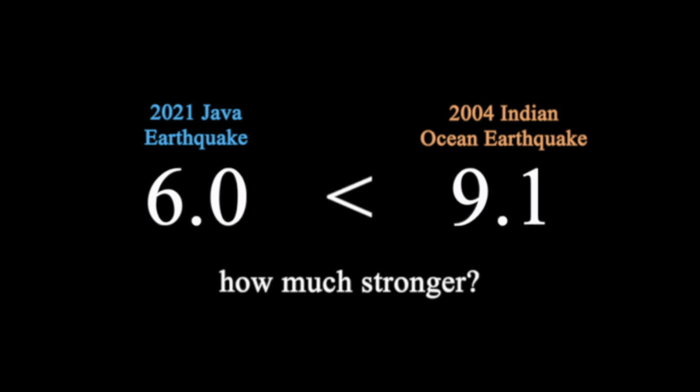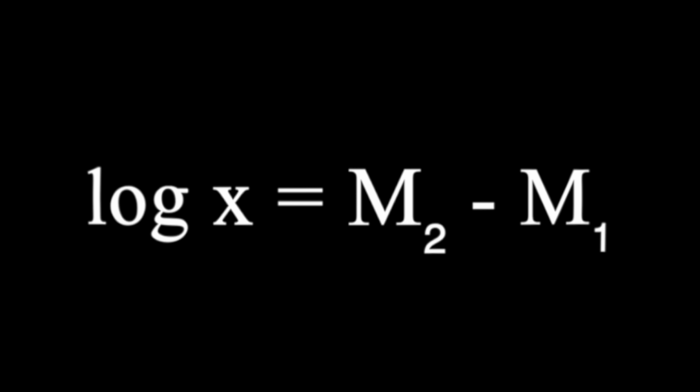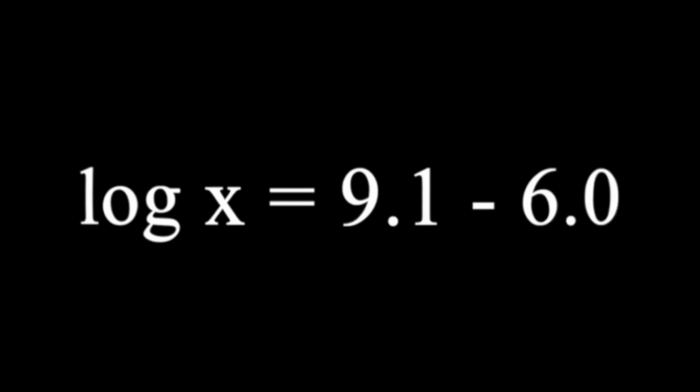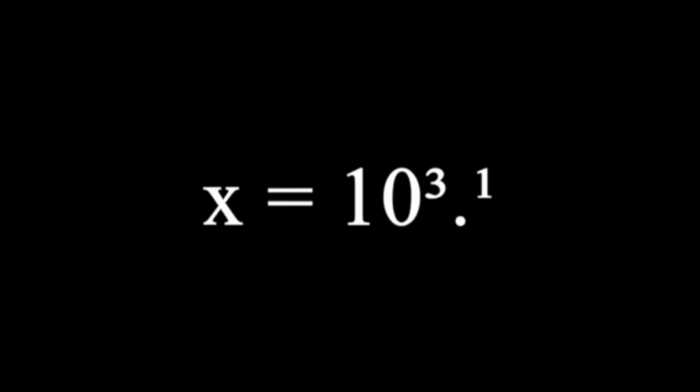With the use of logarithms, we can know how much stronger the 9.1 magnitude earthquake is compared to the one with 6.0 magnitude. Suppose x represents the answer we are trying to find, which is how much stronger the magnitude of earthquake 2 or M2 is compared to that of earthquake 1 or M1. To find x, we can use the expression below. We can then substitute both M2 and M1 with the magnitudes of the two earthquakes and subtract it, which would leave us with 3.1. Now we know that log x is 3.1, which also means that x is 10 to